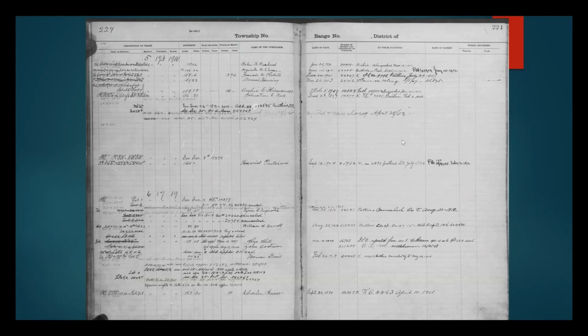And it says "to whom patent" is what that column says, but it's got the location, Guthrie, which is where a land office was. And this one says relinquished November 15th, 1911. So even if your person tried to get land but didn't follow through with it, they might be in this book, and you can tell where they lived for a certain period of time, right? I can tell what the date of the sale was and when they relinquished it back to the government. So check those tract books out, especially for people that said they were in the land run, but you can't find them in any land records anywhere else.